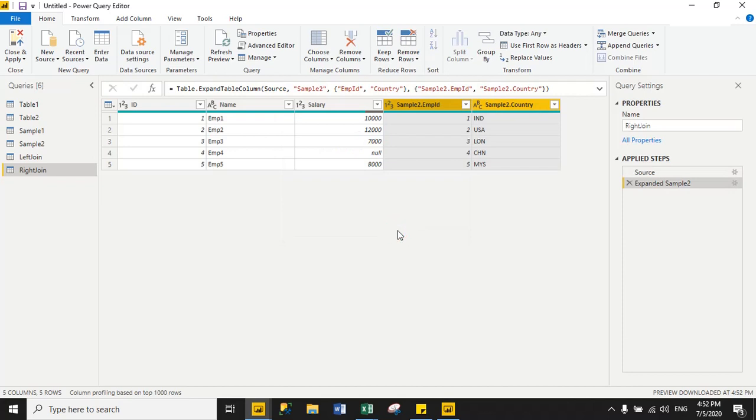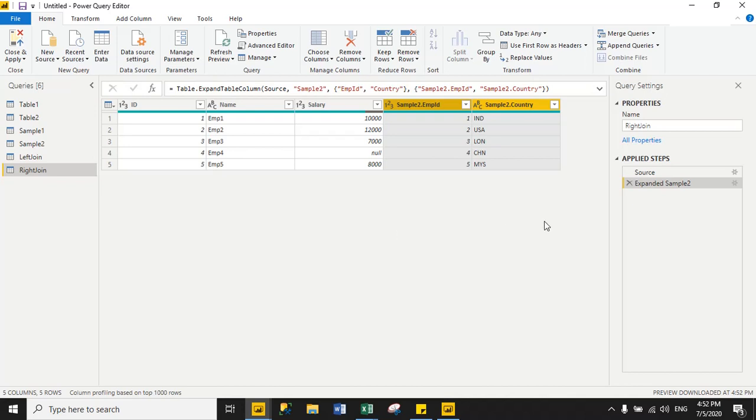If you see here, in my right hand side table I have only 5 records. That's why it is showing all 5 records from the right hand table and all matching records from the left table, so it shows 5 rows. So this is my right join query output using merge queries.